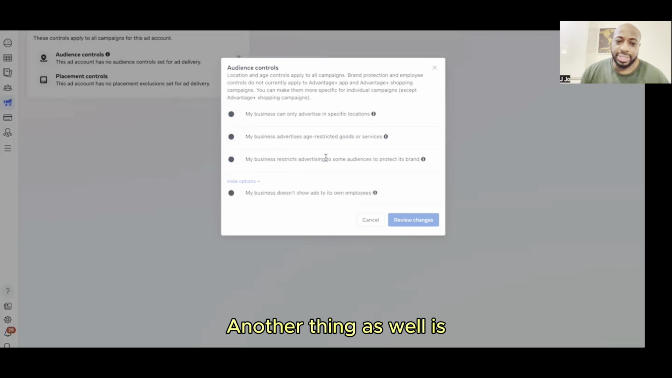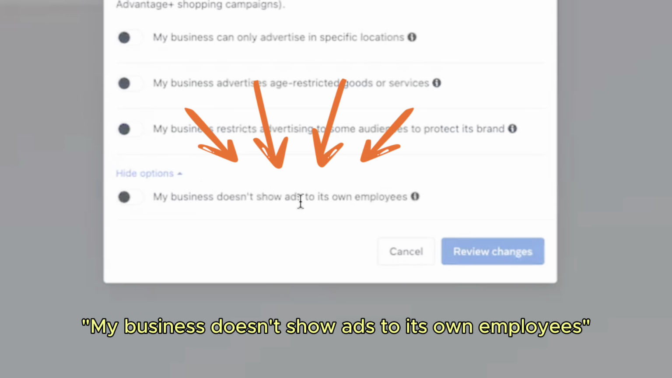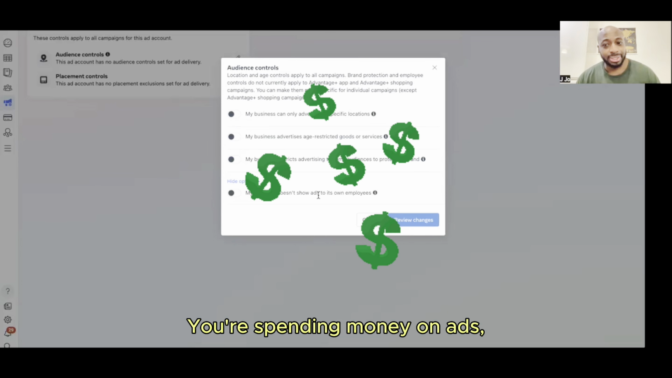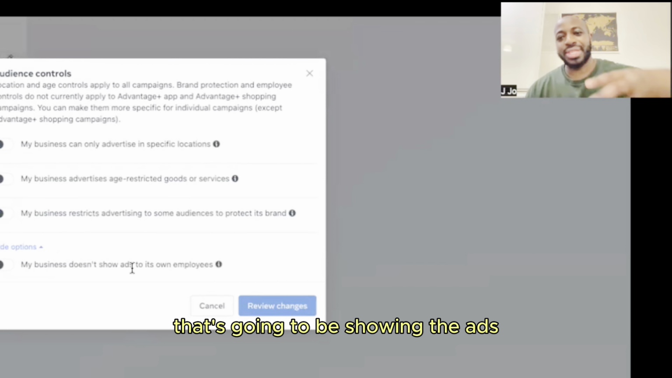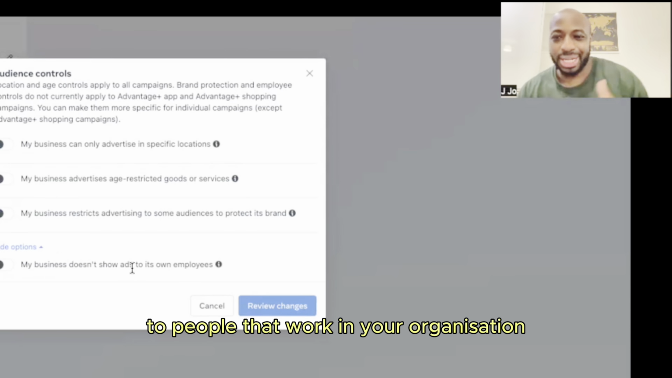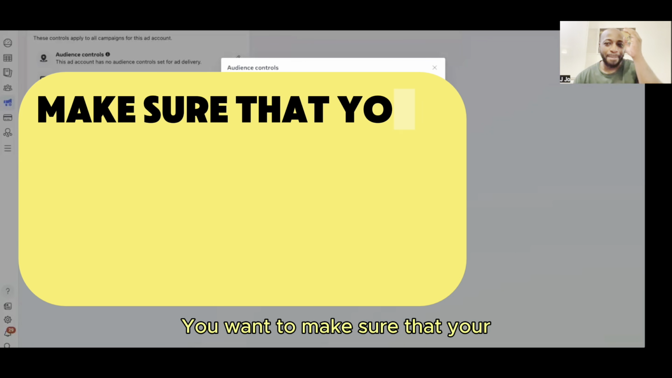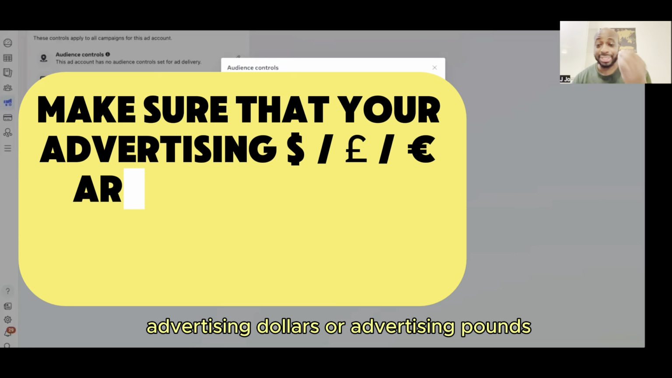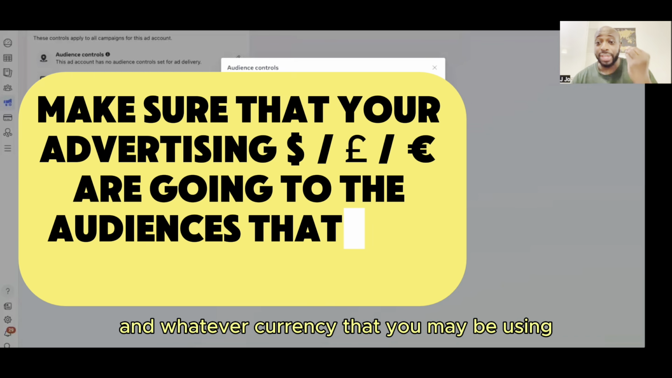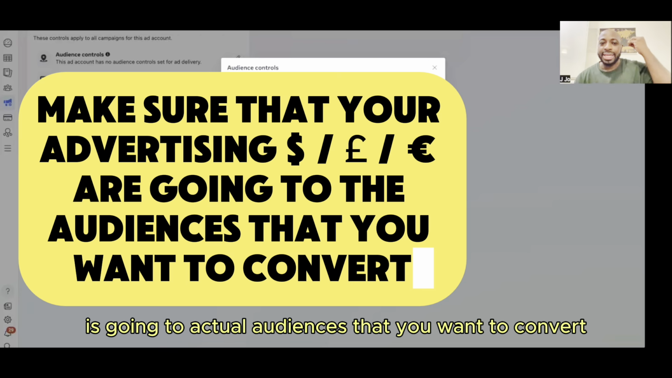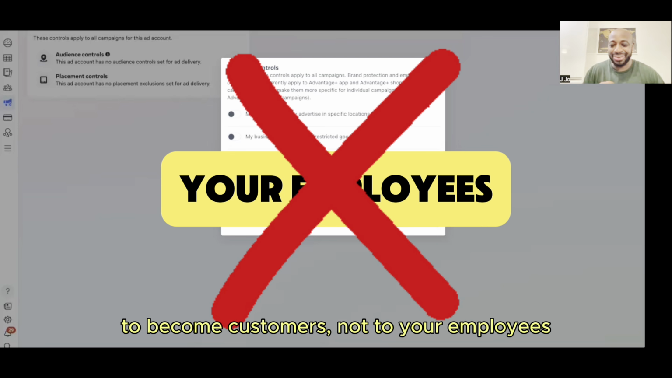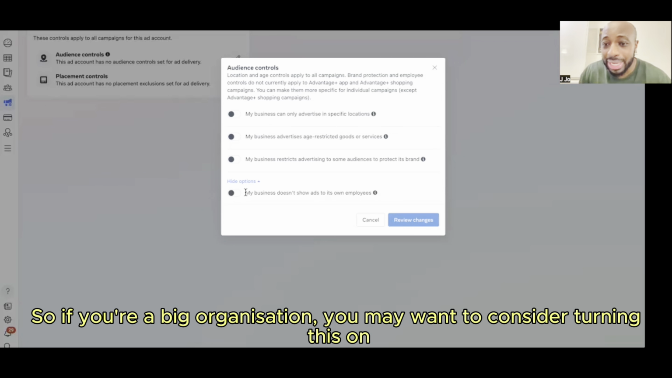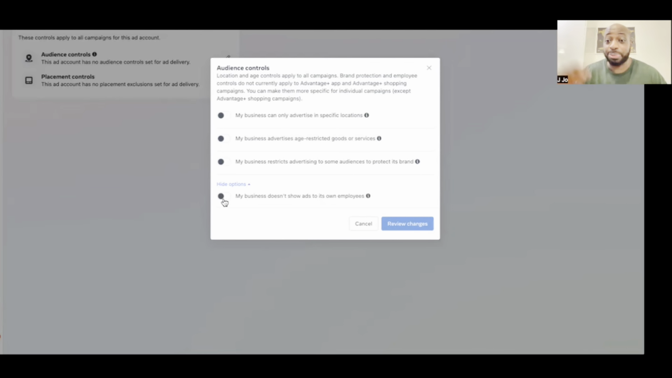Another thing as well is my business doesn't show ads to its own employees. You're spending money on ads. You don't want to be spending money on a campaign that's going to be showing the ads to people that work in your organization. You want to make sure that your advertising dollars or advertising pounds, whatever currency you may be using, is going to actual cold audiences that you want to convert to become customers, not to your employees. So if you're a big organization, you may want to consider turning this on, especially if people within